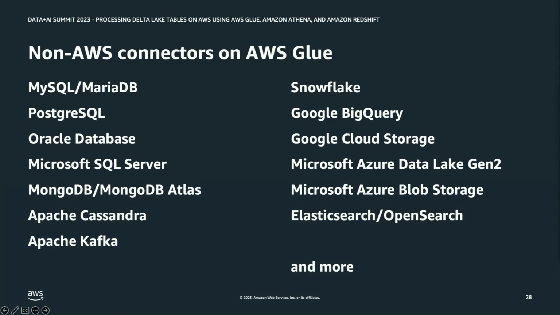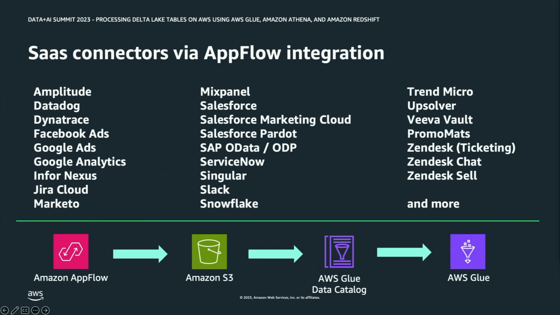For NoSQL engines, we support MongoDB, MongoDB Atlas, and Apache Cassandra. For streaming, we have Kafka. We also support cloud data warehouses such as Snowflake and Google BigQuery. We also support cloud data storage such as Google Cloud Storage, Azure Data Lake Gen 2, and Azure Blob Storage. We also support search engines like Elasticsearch and OpenSearch. And moreover,